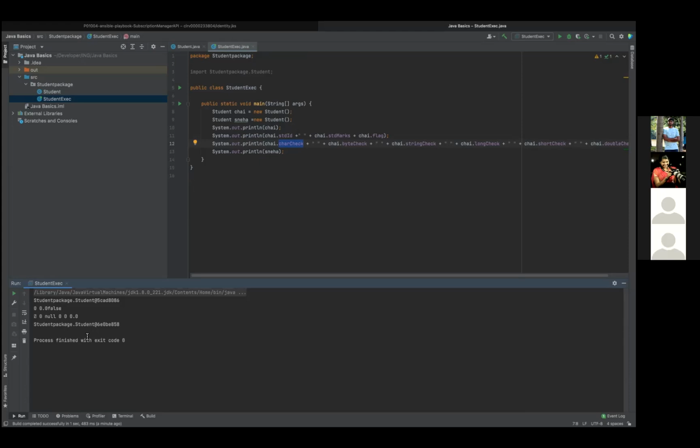String check, because that is an object. For object, the default value will always be null. Because the memory address is only created, but if you have your memory address created, then you'll have some value as you have seen in the top, like student with some value. If that particular object is not created, the address is still empty. If the address is empty, you will just update it as null. So that is why for string, you are able to see the value as null.